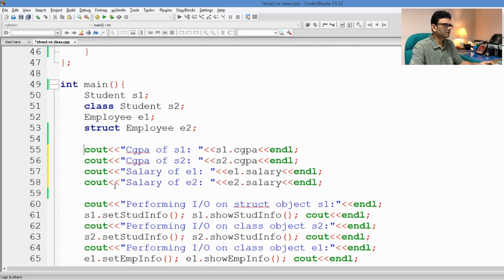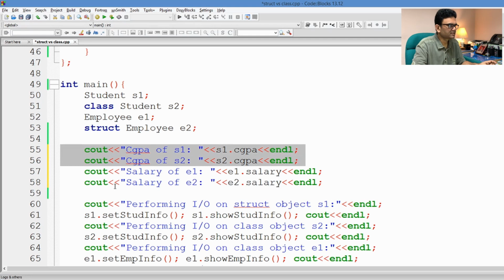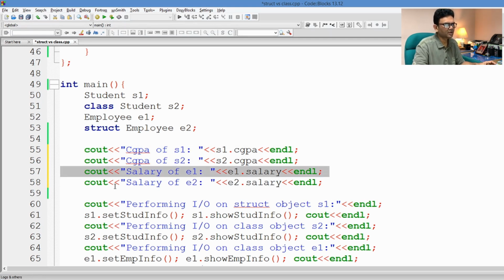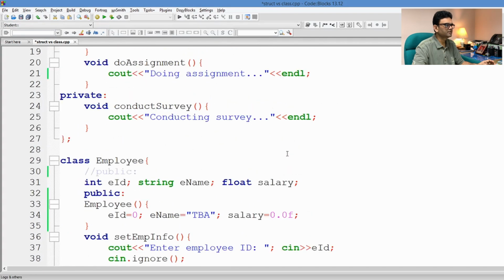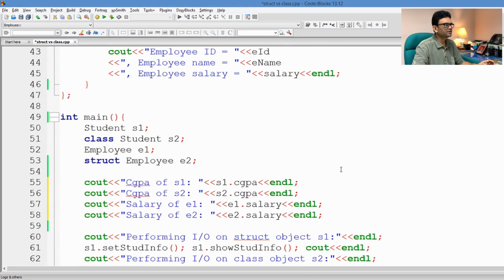Suppose we are trying to print the CGPA of students S1 and S2 objects and the salary of employees E1 and E2. What will happen? As you see, by default the fields are public in structure and by default the fields are private in class. Okay, so if I try to build,